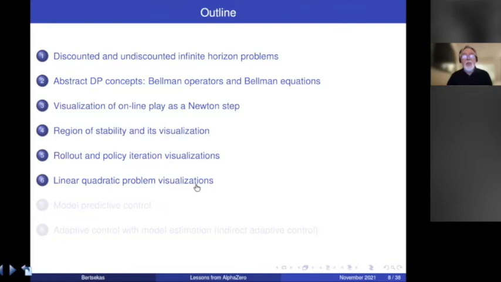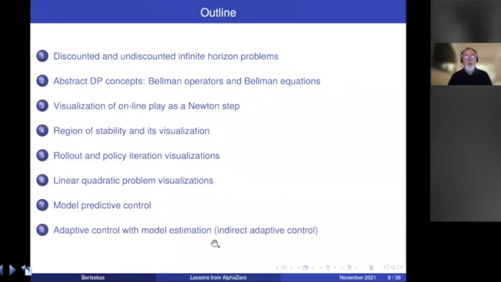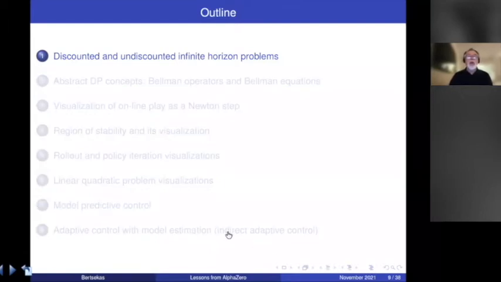Then I'm going to talk about a familiar problem, the classical linear quadratic problem, where the visualizations are in terms of Riccati equation operators, as opposed to Bellman operators. Then I'm going to discuss application to model predictive control and the connections there, and then also adaptive control, indirect adaptive control with model estimation. So let me start with